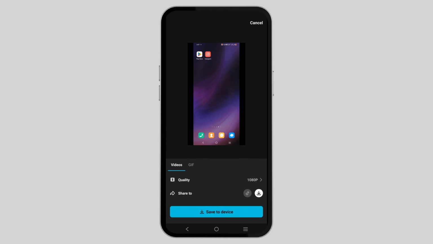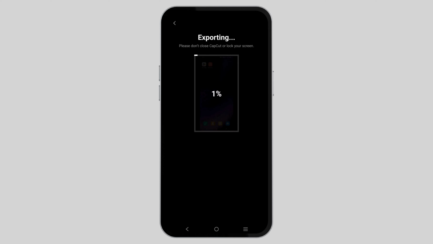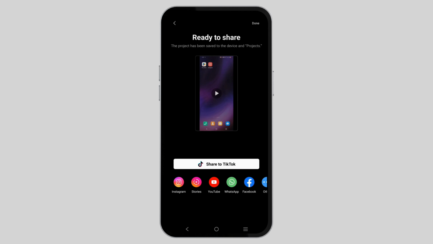So if you are a creator on your CapCut, once you export a video something like this, you will have an additional option of upload as a template at the bottom of share to TikTok option. If you have the option of post as template, you simply have to go ahead and tap on it. And furthermore, you can also go ahead and write a description of the video or the template that you are